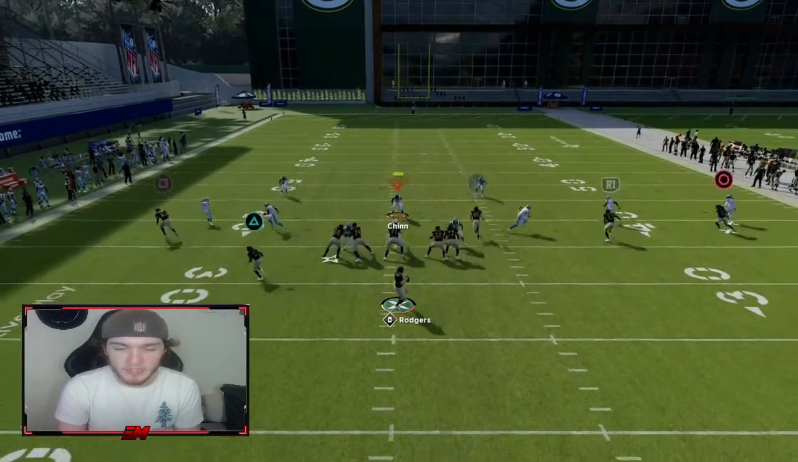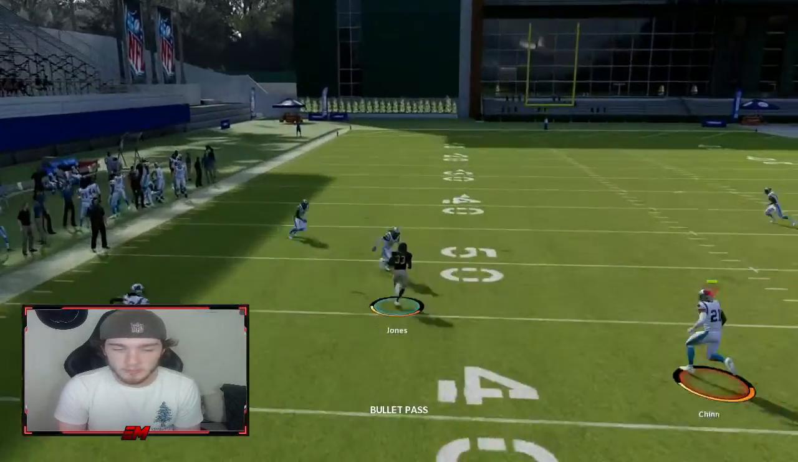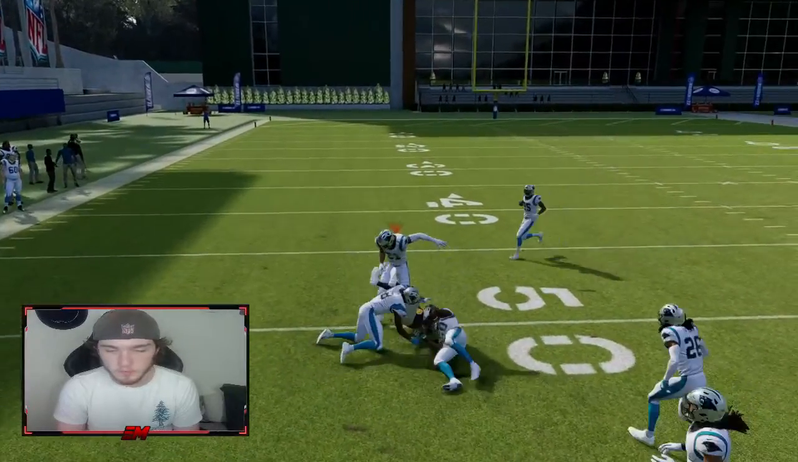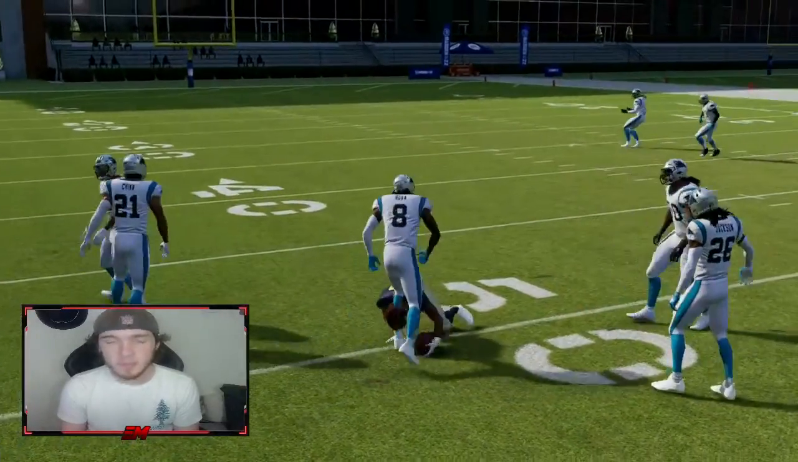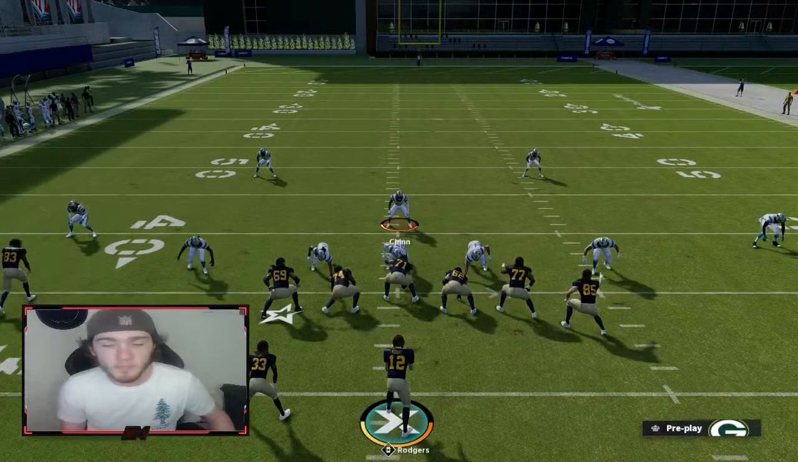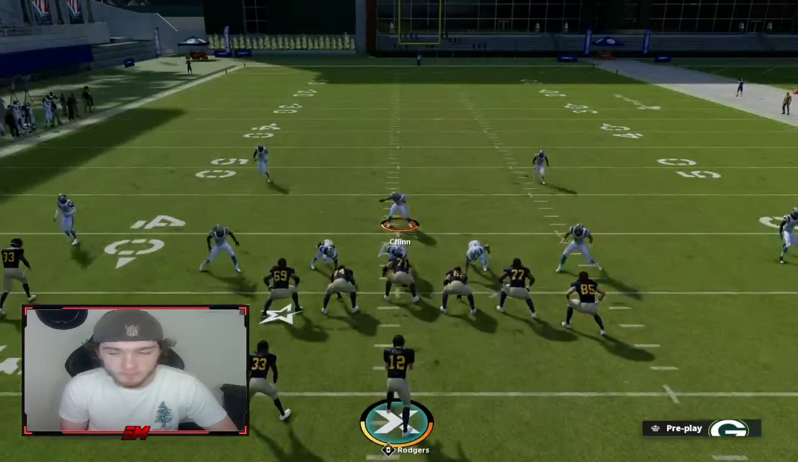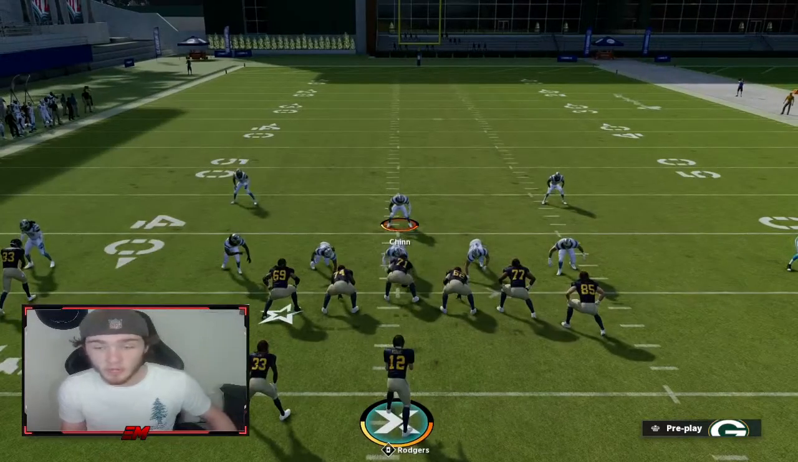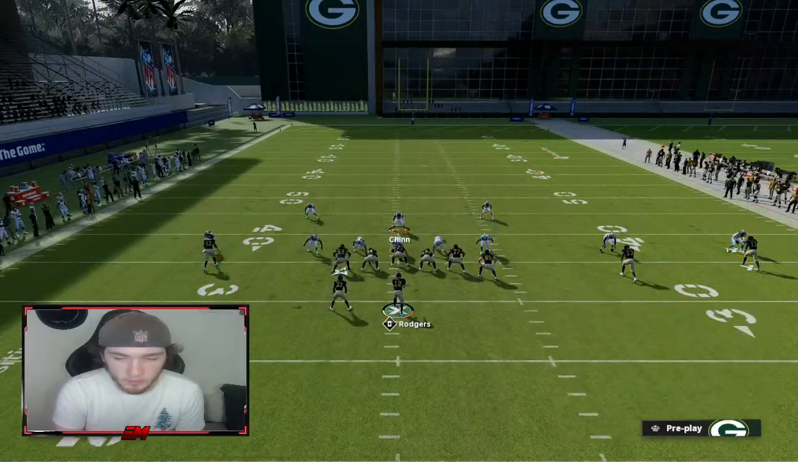So first read is the wheel route. It's very easily open in between those zones. Very nice. That is going to be the route you throw the most, assuming the user does not guard it, because it is the best route on the field. So I'll run that again, and